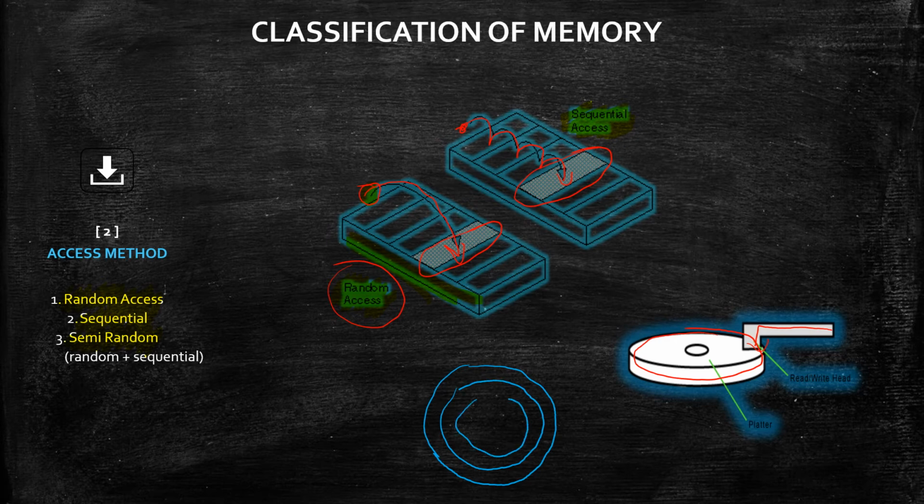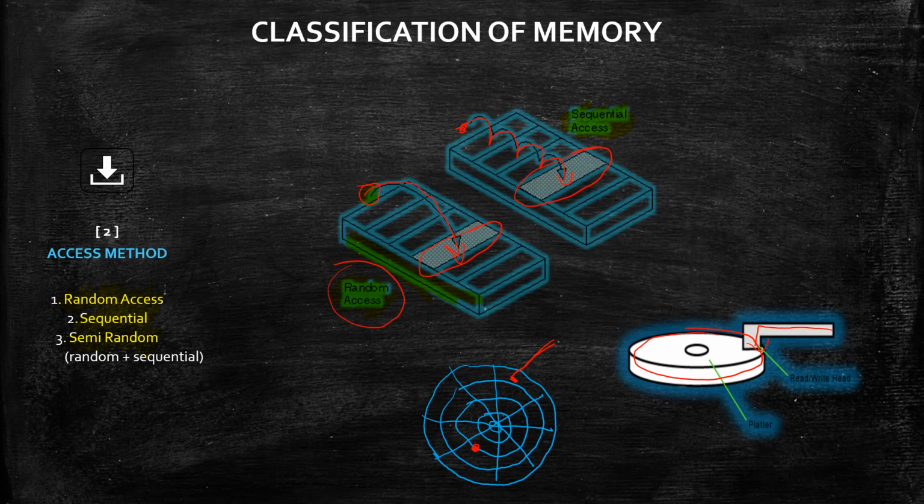We know, right, that your memory is divided into different tracks and sectors. So we have tracks, then we have different sectors. So finally we get the different blocks. Let's say that right now your memory head is over here at this location, right? And you want to access this track, and this location you want to access.